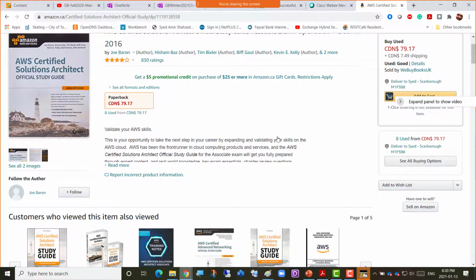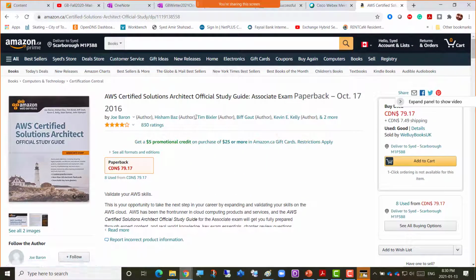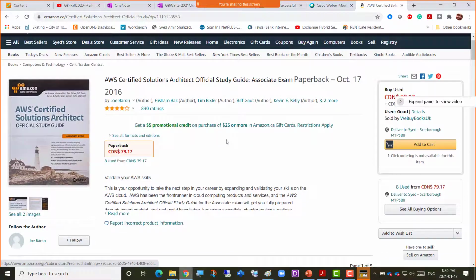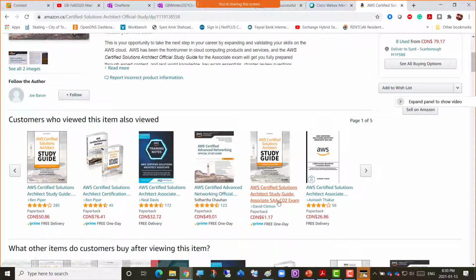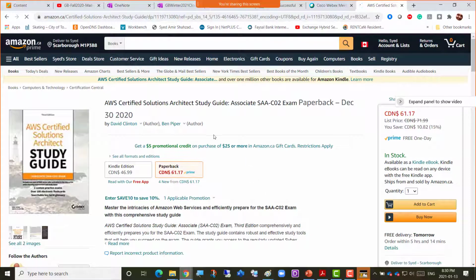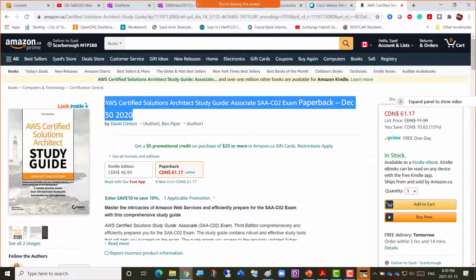We're targeting this certification for all the labs, and this is SAA-C01, so don't go for C01. You would go for C02, SAA-C02, which is the AWS Certified Solutions Architect Associate Study Guide. That would be the one. It was released on December 30th. If you want to go for this book, this is the one you should be getting.